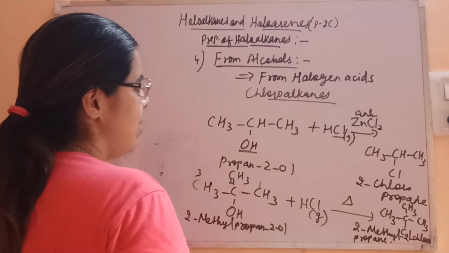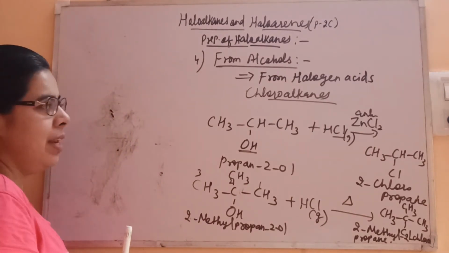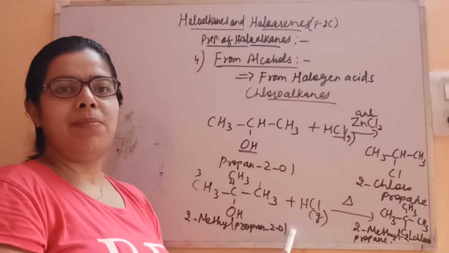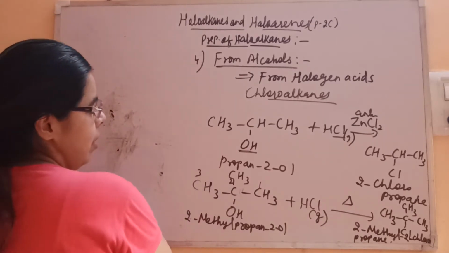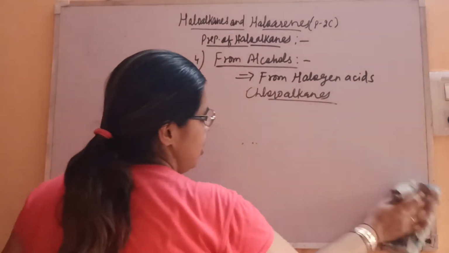Anhydrous zinc chloride is required for the others. Well, see what's the role of this now, and why we are not using it here. Only the reagent which is actually taking part in the reaction is required. So on heating you will get the product. So let's see what is the role of this reagent here.